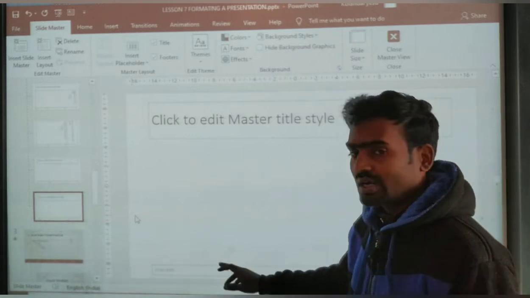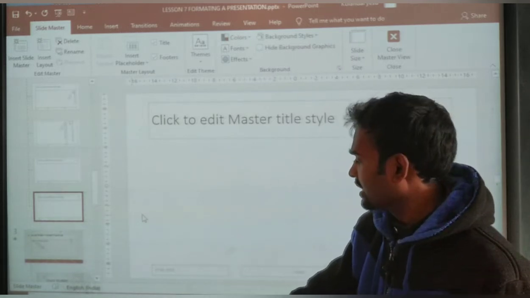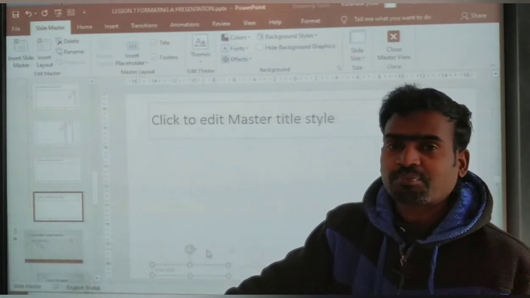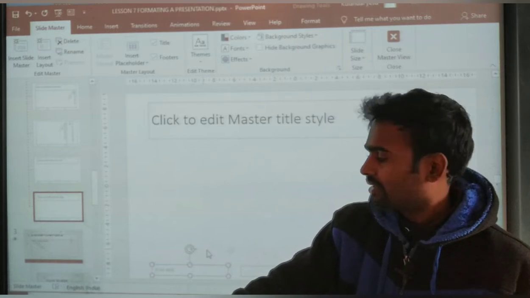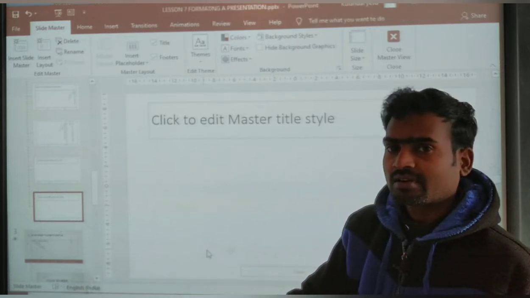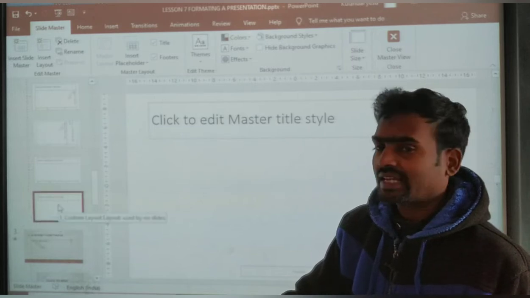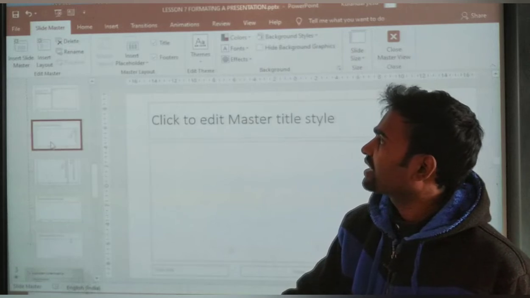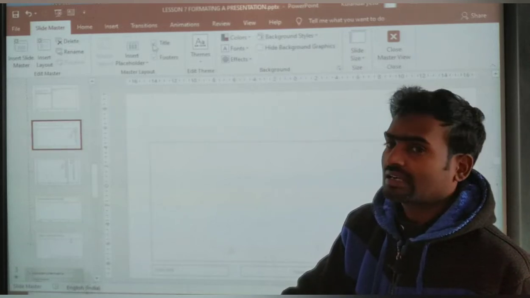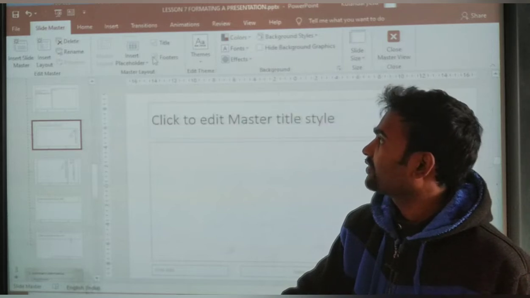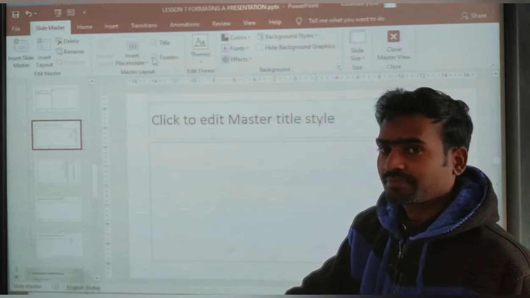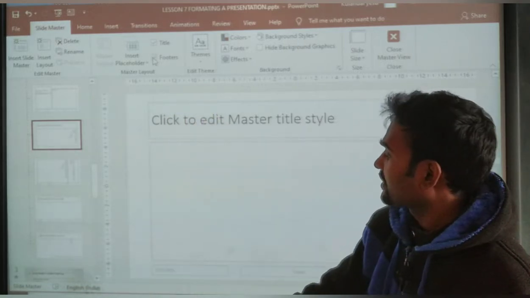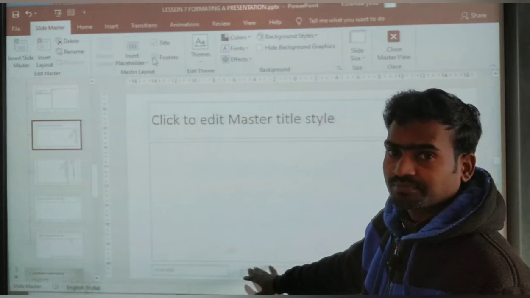If you want, you can keep it, or if you don't want it, we can delete it. Say I don't want it. When you click, it is selected. If you press the Delete key on your keyboard, it will be gone. Now it is deleted. Like this we can insert anything. Afterwards, if you want to make modifications, if you want the title, keep it checked, and if you don't want it, uncheck it. If you uncheck footers, they will go, and if you want them, check it and they will appear. You can use it, right?